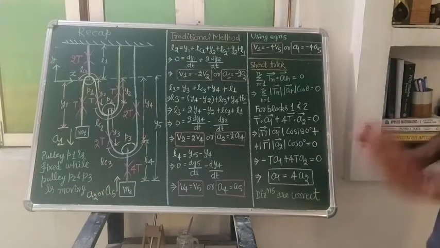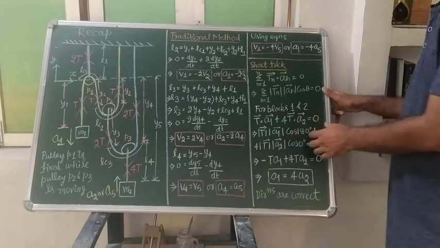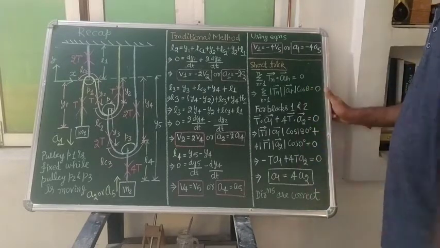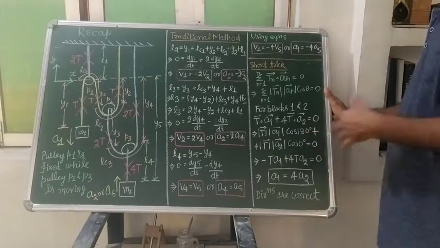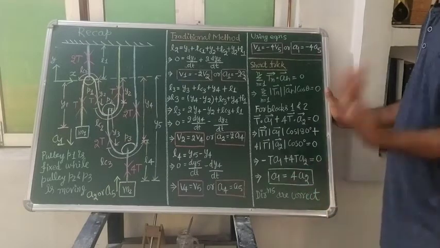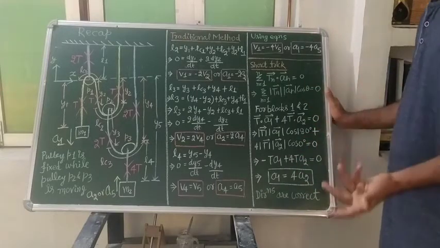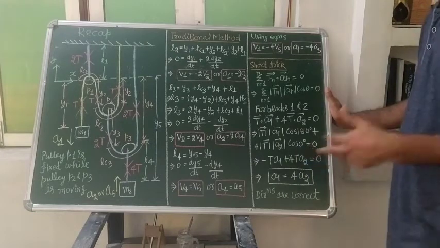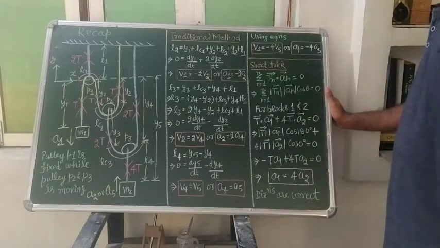And of course, if you don't know the value of cos 180, then you should go and study it. Of course, cos 180 will be minus 1, and cos 0 will be 1. I will suggest you go to your mathematics book and please read and try to understand the graph of the sine curve, cosine curve and tangent curve. Please remember that graph, it is going to come again and again in your intermediate.